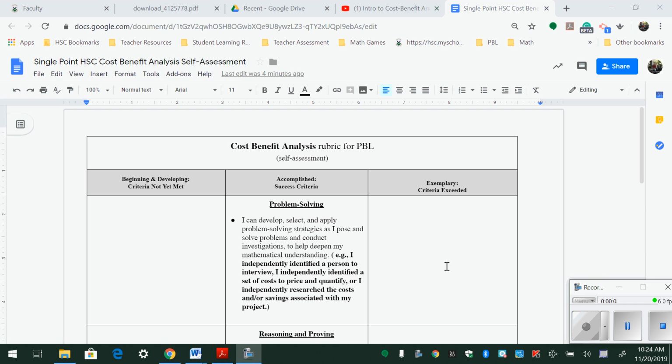Okay, so part of our PBL project this time round, many groups will create a cost-benefit analysis for their project. Now, a cost-benefit analysis basically looks at the cost that may be incurred with your project. So, for instance, if you were purchasing some materials,